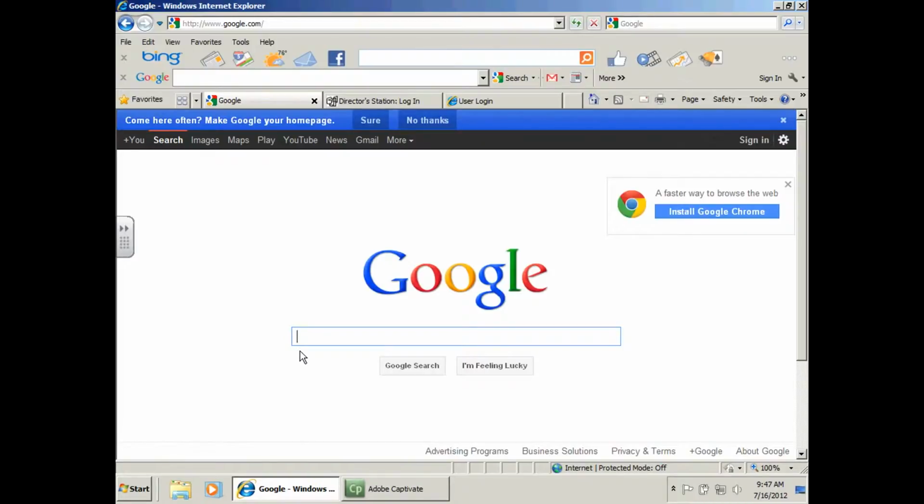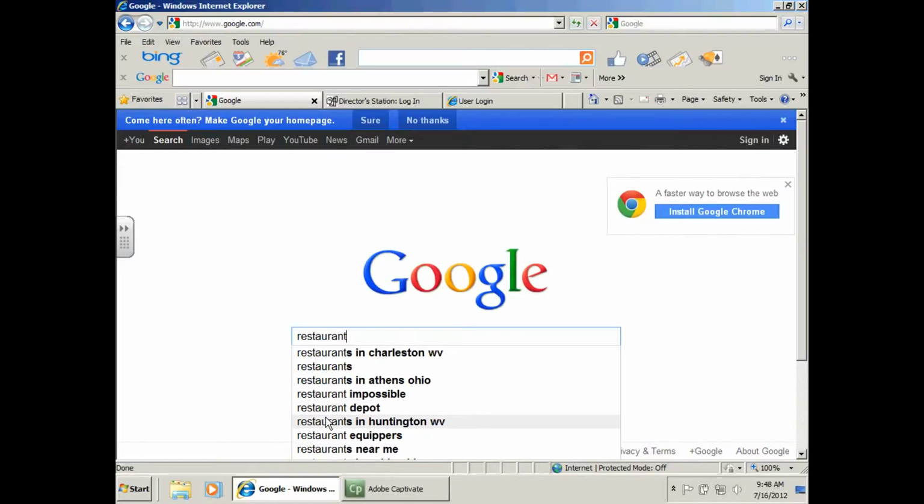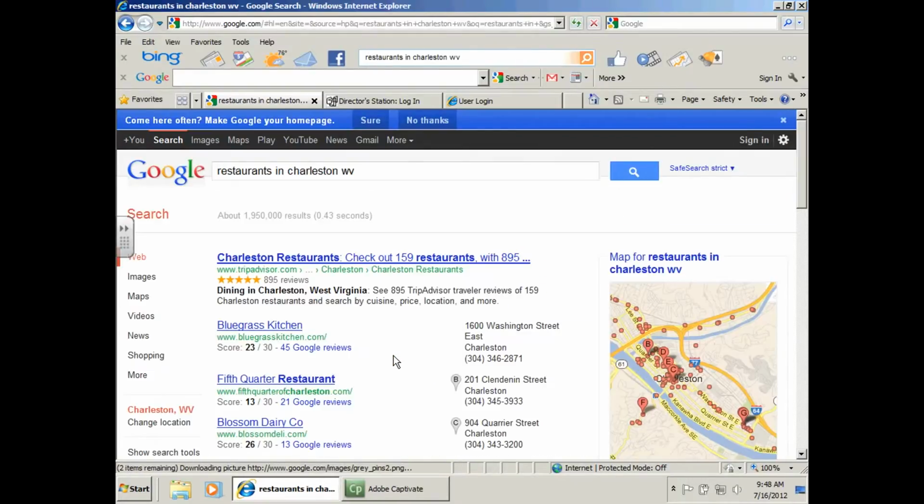I can tell this because even though I don't have the blue highlighted text, I've got this blinking line called the cursor. Where I see the cursor, it means it's ready for me to start typing. So I am going to look for restaurants in Charleston, West Virginia. And as you can tell, as I'm typing, it anticipates what I'm going to search. So I can just go down here with my mouse, click it one time on the left side, and perform